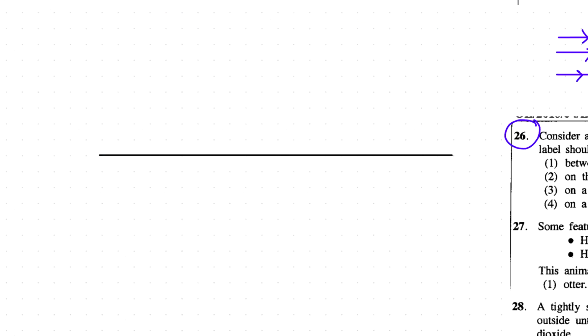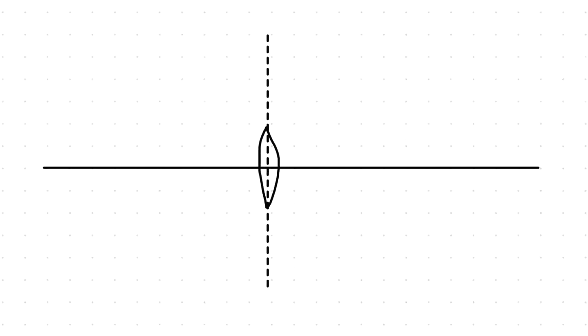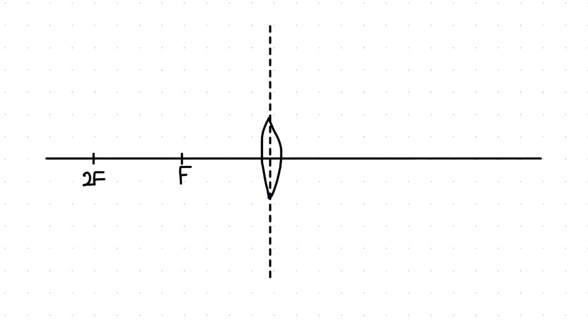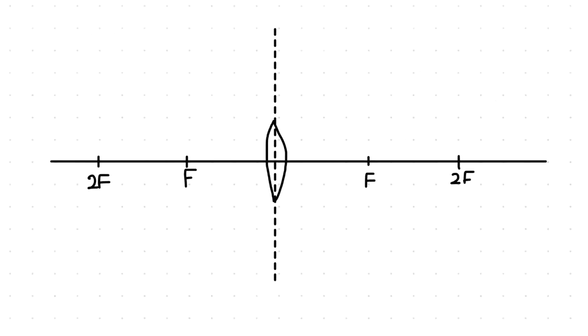Let's say this is our lens. So you know this is a convex lens, right? Let's say this is a focal point and this is twice the focal point, or 2F. Here this is the focal point. Here this is twice the focal point. So